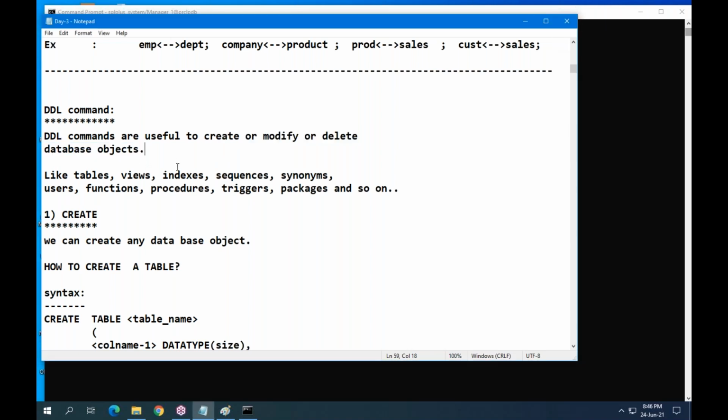Next, DDL commands are useful to create and manage objects. What are the database objects?